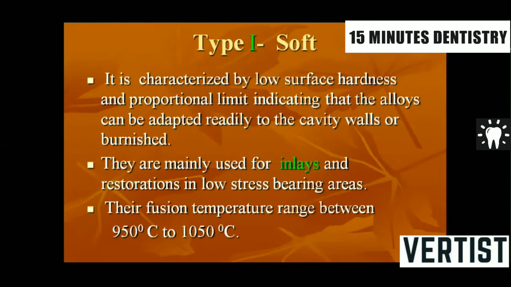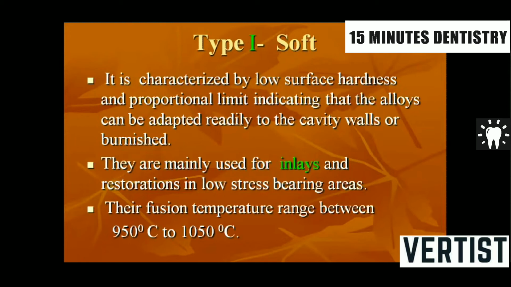Soft alloys. It is characterized by low surface hardness and proportional limit, indicating that the alloys can be adapted rapidly to the cavity walls or they can be burnished. We're going to talk a little bit in detail about type 1 soft alloy, because the restorations which you are working for in the preclinics will be fabricated by type 1 only, because you are fabricating a small restoration. All small restorations, and those which are not meant for high stress bearing areas, are fabricated using soft alloys,